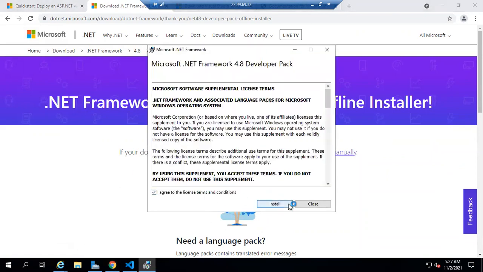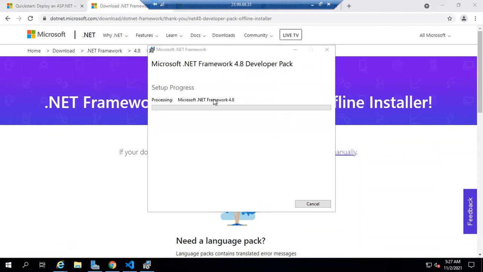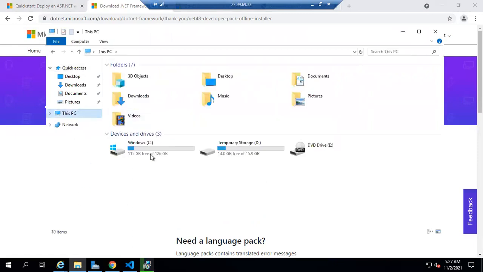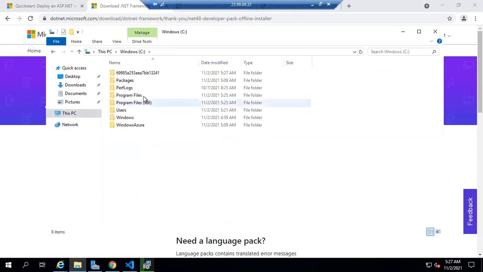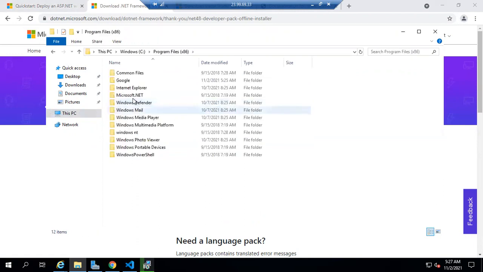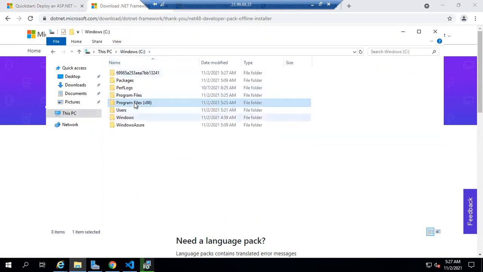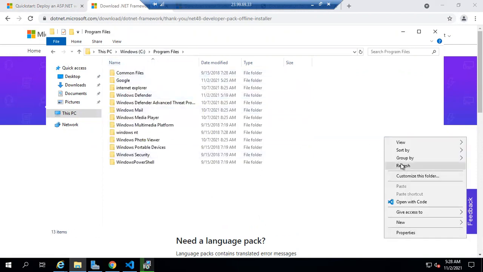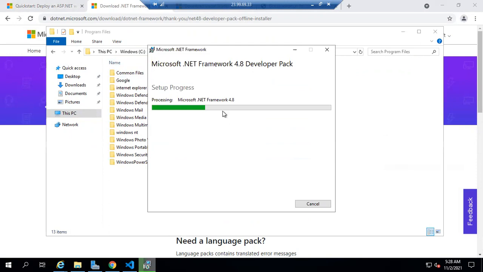Let me accept these terms. I'll install it. When you install this .NET developer pack, you should verify where it is installing within your C folder. When I go to this framework, I think it is in Program Files somewhere here. You'll be able to get a folder called .NET. So once it is done,